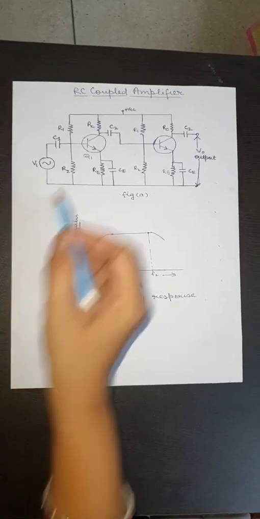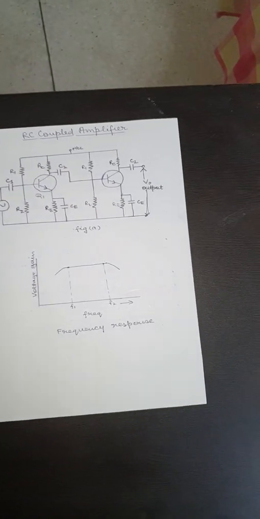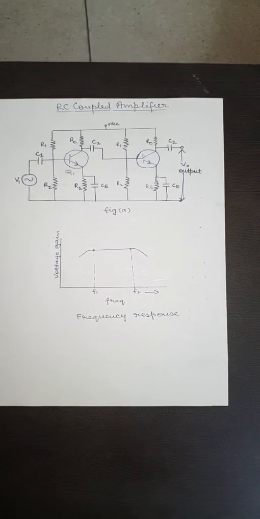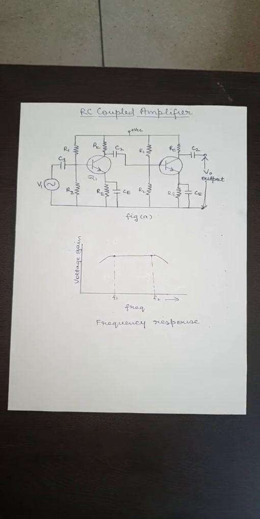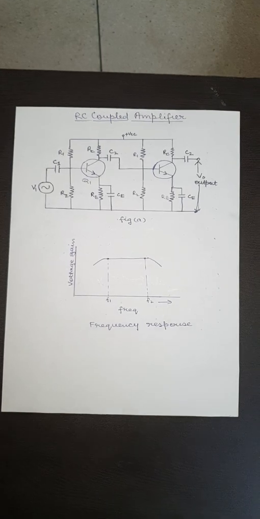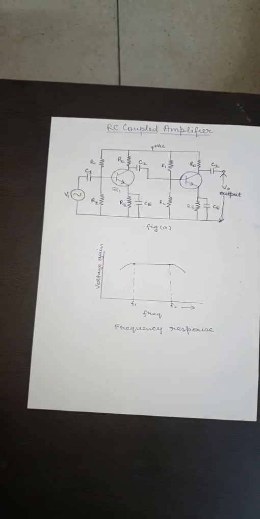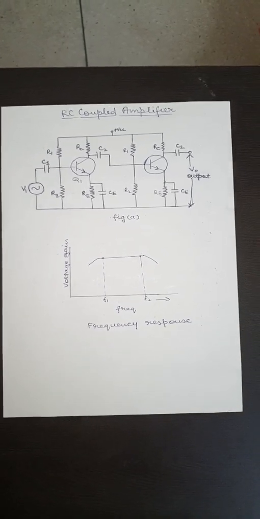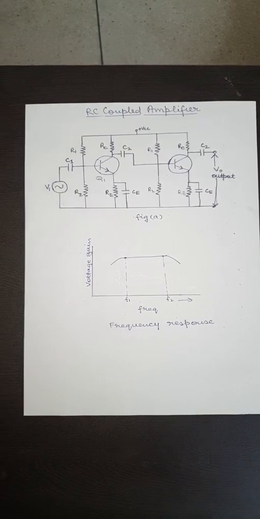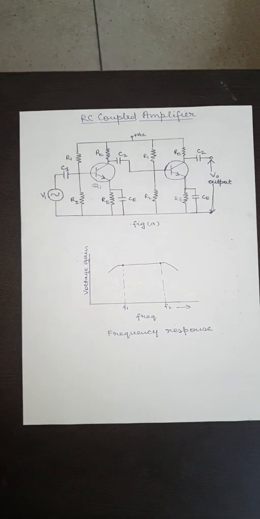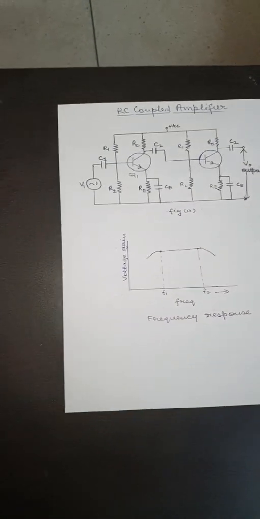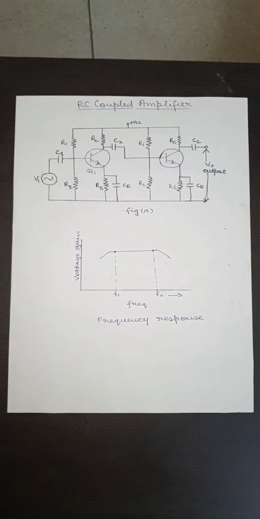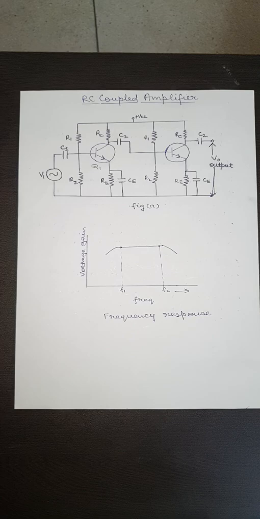The coupling capacitor C2 couples the output of the first stage amplifier to the input of the next stage amplifier. This capacitor C2 is also used for blocking the DC part and passing only the AC part of the amplified signal of the first stage to the second stage. In short, the coupling capacitor C2 isolates the DC of one stage from the next stage but allows the passage of the AC signal. It means if it is not used, the biasing condition of the second stage will be changed.